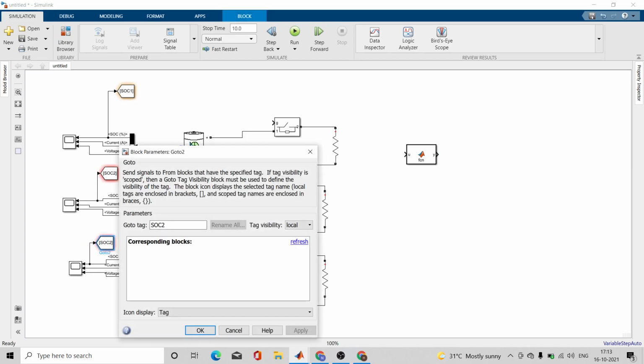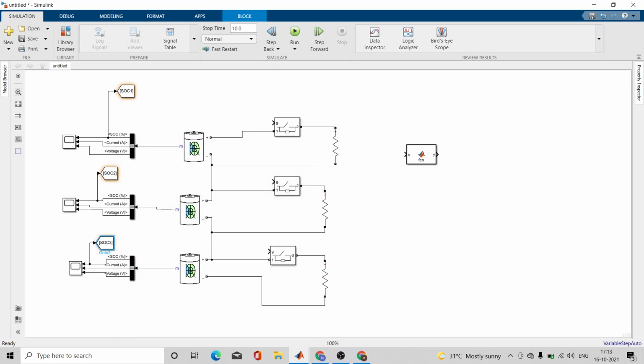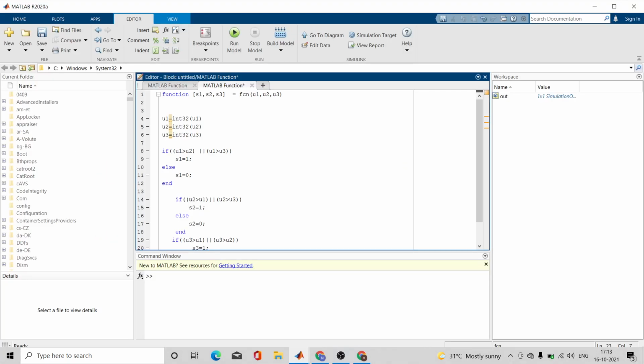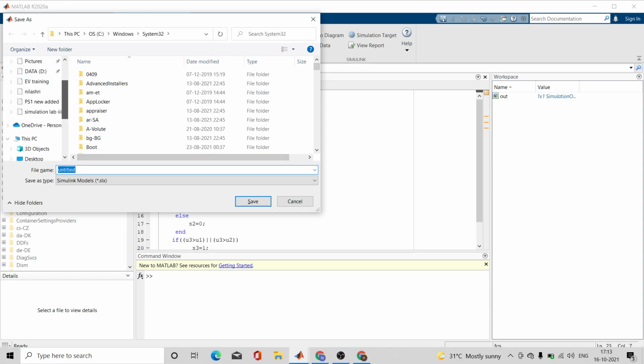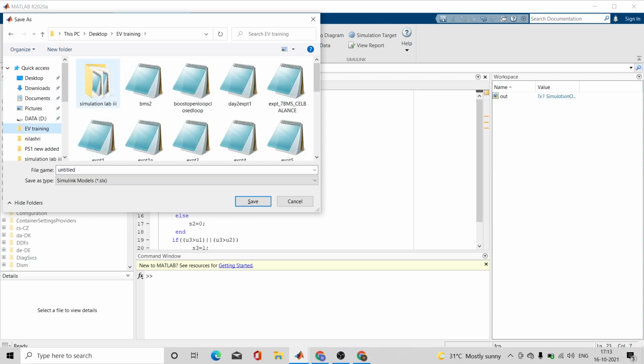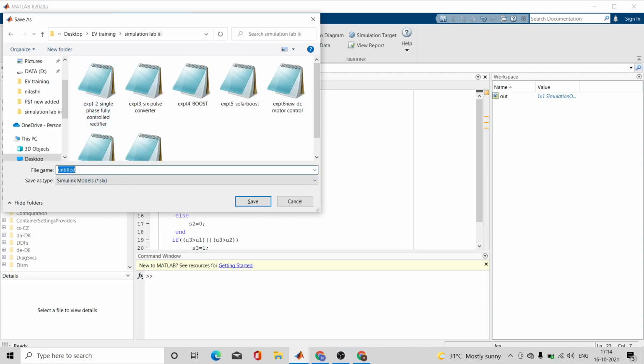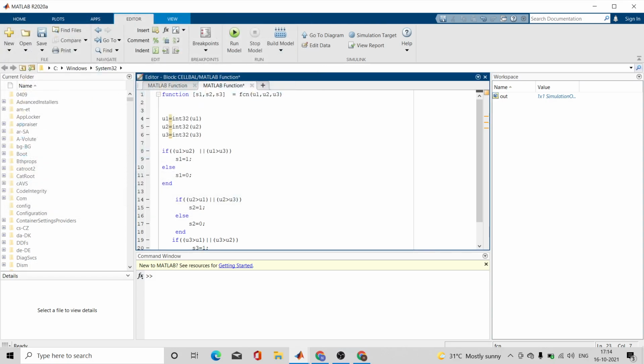Okay, SOC for the third cell. Okay, and I'm going to take it over here. Let me save it. So I have saved it.